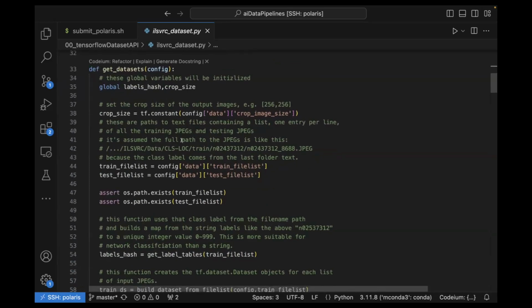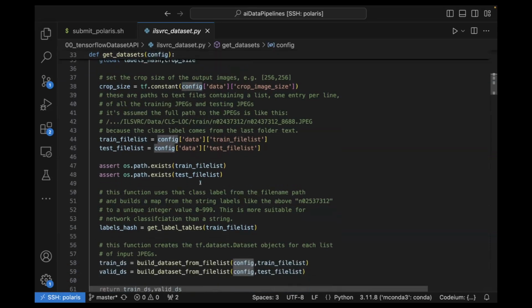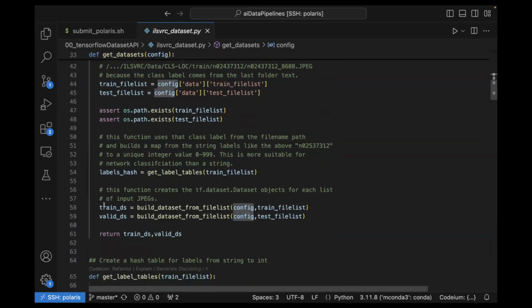And the idea here is that I have this get datasets function, which is going to be passed a JSON configuration with some information about our images, and then it will build our training and our validation dataset out of those